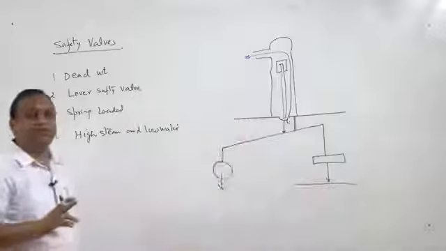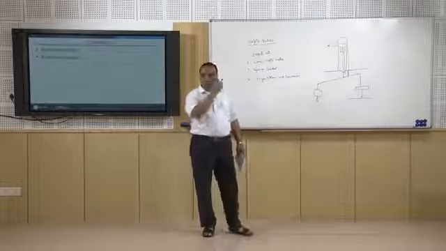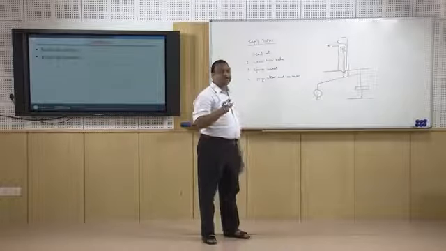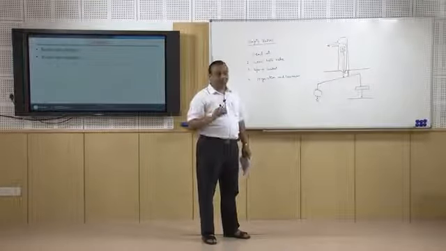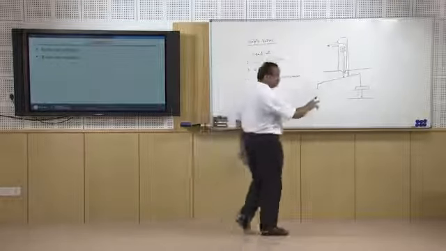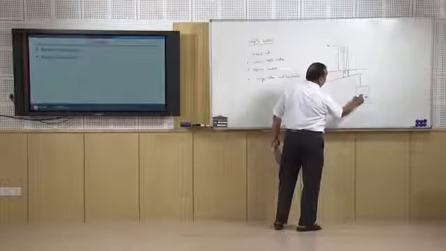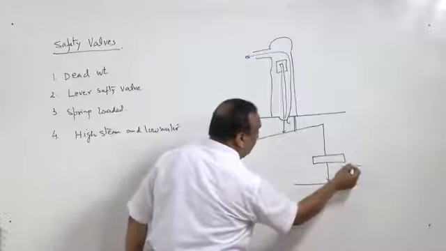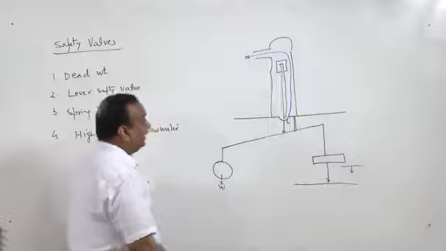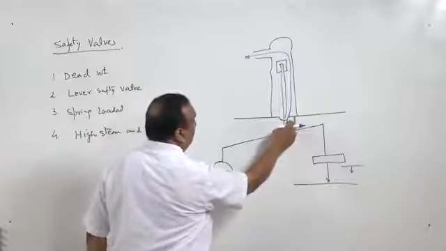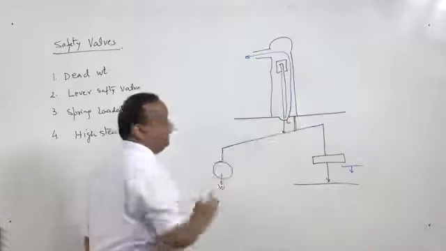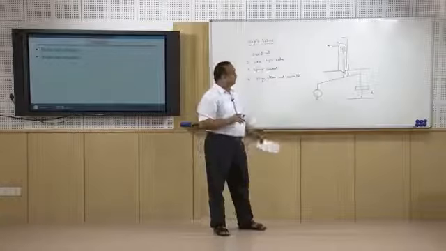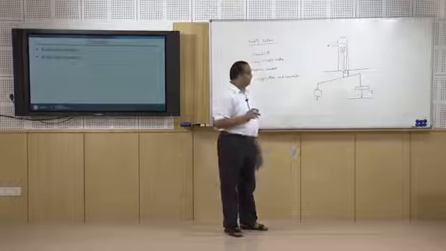Another device is water level indicator, but water level indicator you have to always monitor, an operator has to watch whether water level is going down or not. But here in this case, when the float is settled on the surface of the boiler, or the water level goes down below a certain level, this opening will vent off steam and it will come out with a different sound, right, and the operator will come to know that water level has gone down.